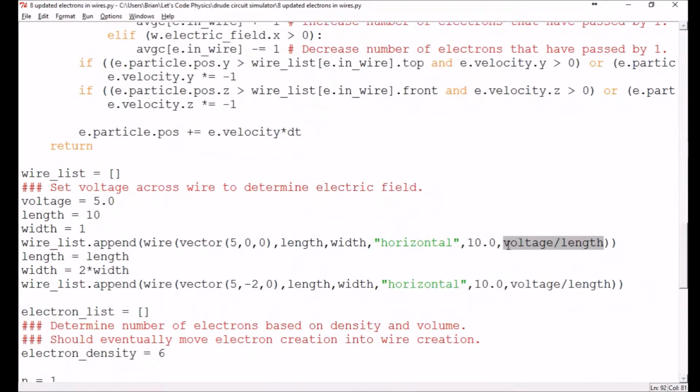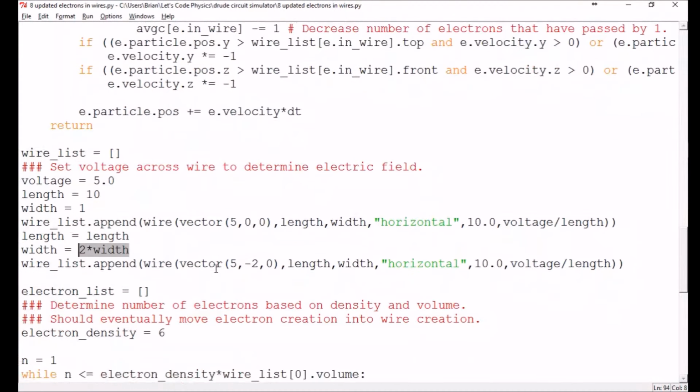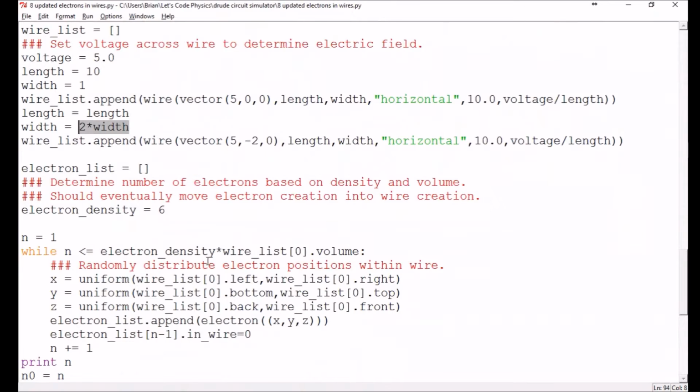So what we're doing here is we're setting up the electric field in the wire as the voltage across the wire divided by its length. And then we're setting up the length and the width of the wire. As you can see, we've got the length set up the same, but the width of the second one is going to be 2 times the width of the other one. So I commented that the area was 4 times as big, because when we go to calculate the volume,